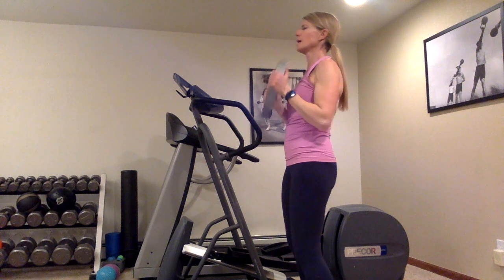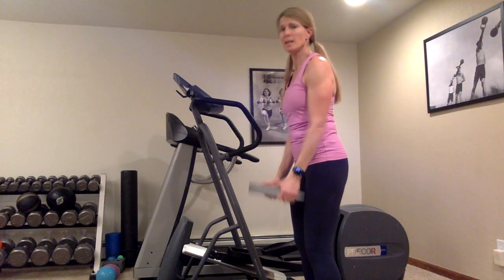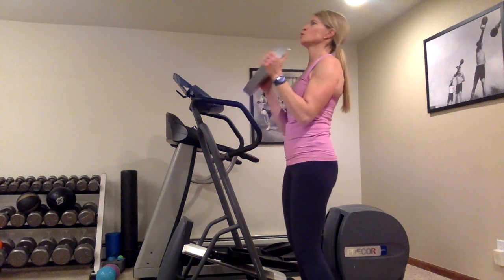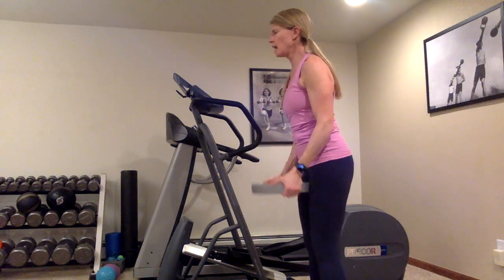If you have back pain, you could do this seated on a ball or just eliminate the shoulder press part. So just up and down in the biceps. Let's do 2 more full ones. You may find too,